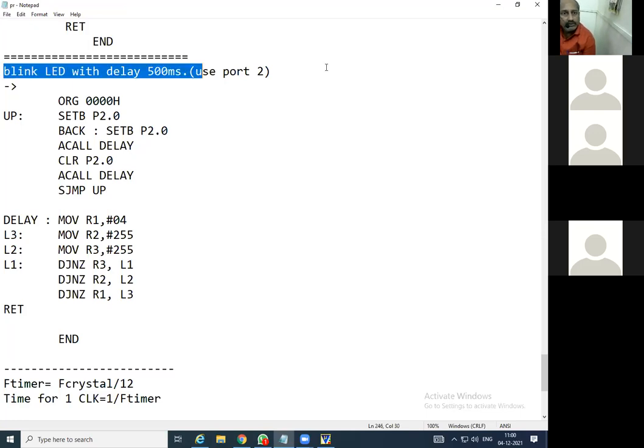So what is the title of the program? Blink LED with delay 500 milliseconds. This 500 milliseconds is important for today's session. The program is a normal one. We have to take some port, and its LEDs will go on and off. For the delay needed between on and off, we have to write a program. How will we write that program?